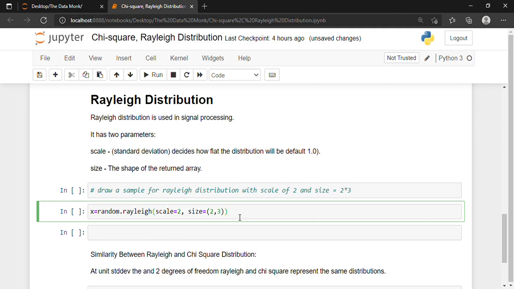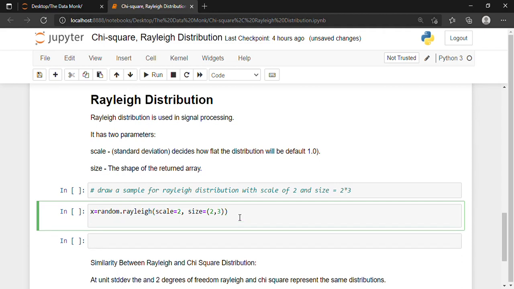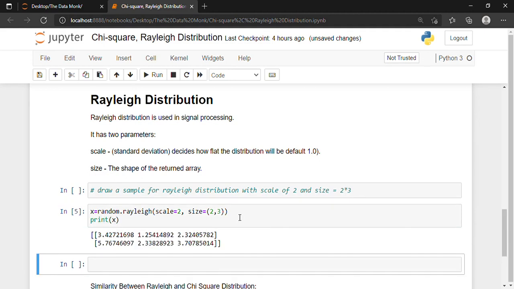I want to print this, so I write print x, and shift and enter. As you can see, we have successfully created a Rayleigh distribution of 2 rows and 3 columns, and the scale or the standard deviation of this distribution is 2.